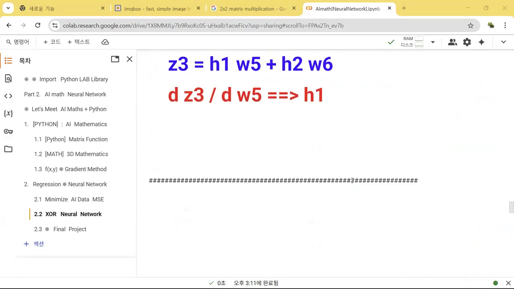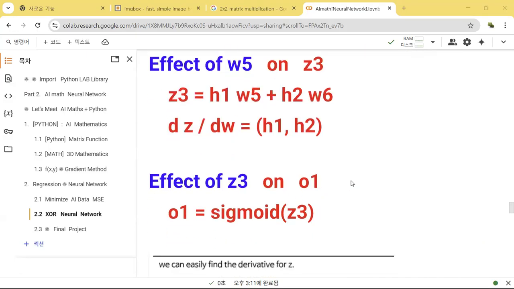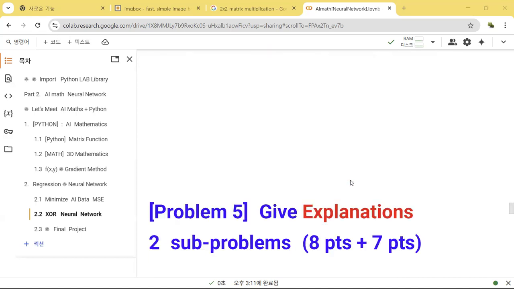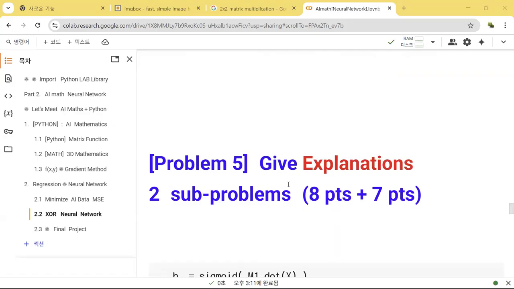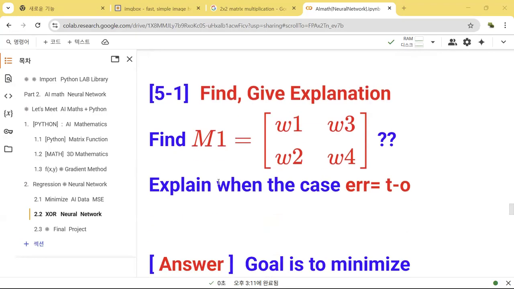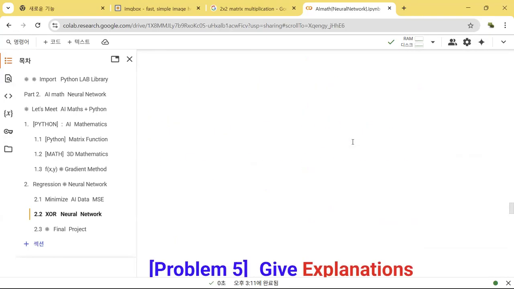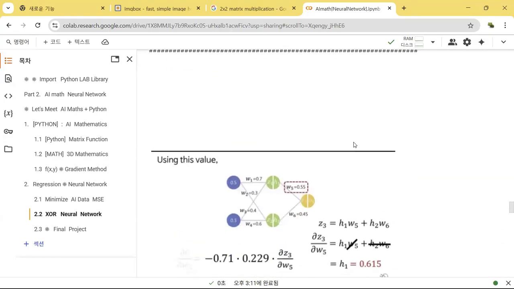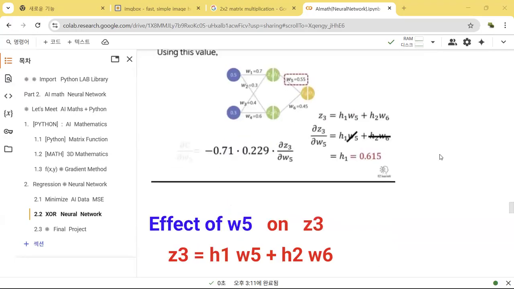So in this way, now we solve the problems 4.1, 4.2, and 4.3. Let's go to problem 5. The problem 5 has 2 sub-problems. The first one is to find out M1. So the M1 matrix has 4 elements. Okay, so M1 is the matrix from the input vector to the hidden vector. Then W1, W2, W3, W4. There are 4 numbers inside this matrix M1. Okay. The problem 5.1 is